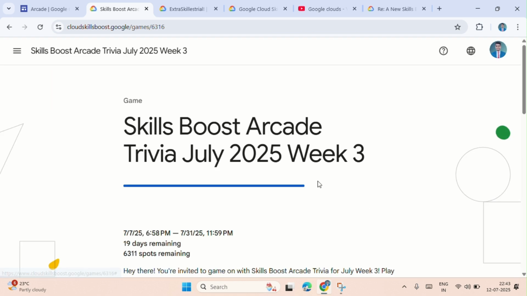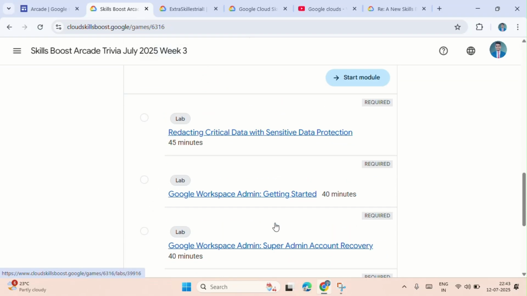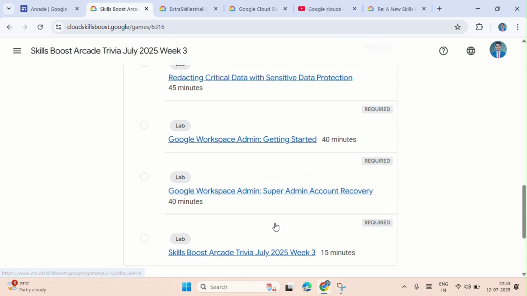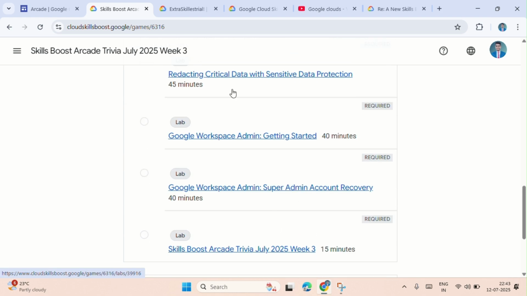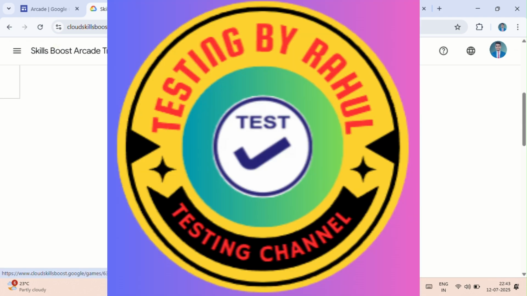Now you can also see here they have given only 4 labs. You just have to complete these 4 labs, and after that you will get 1 point.